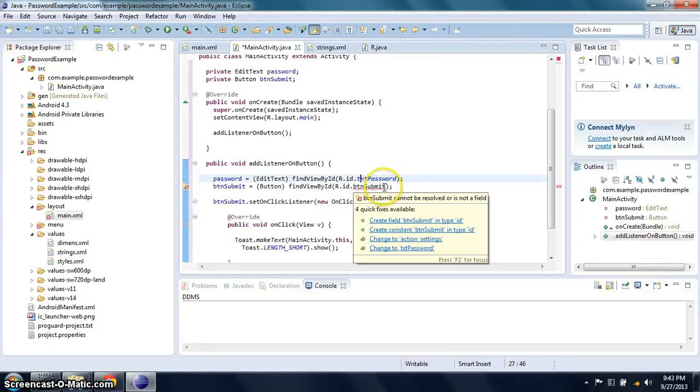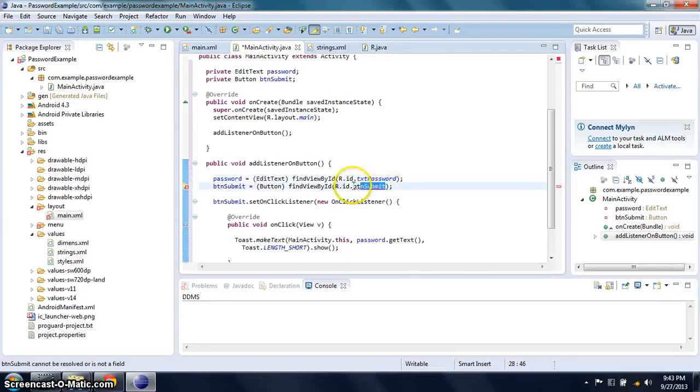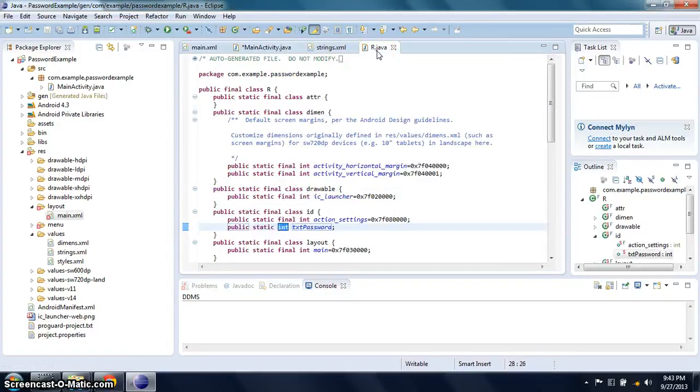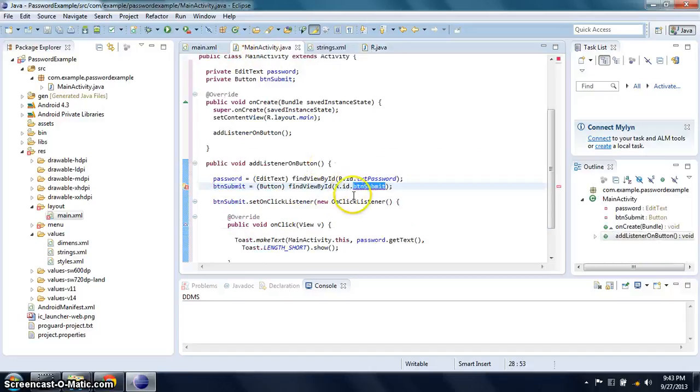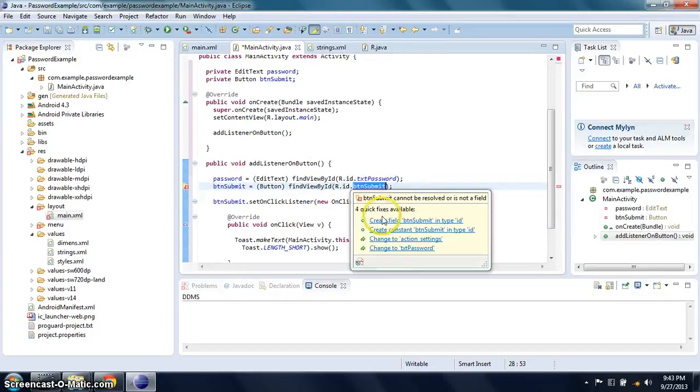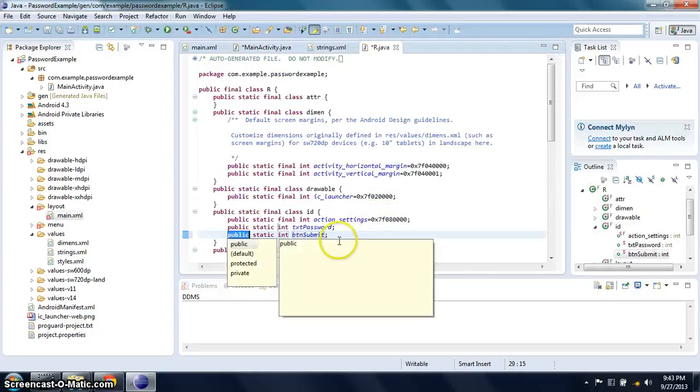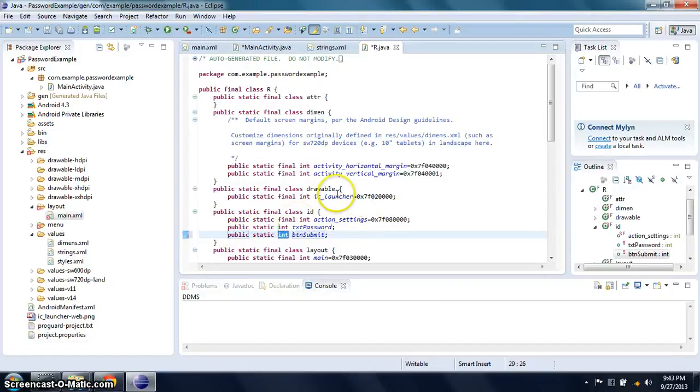Then just copy this one, then go to the R.java, or you can simply create field, then select public, then save.